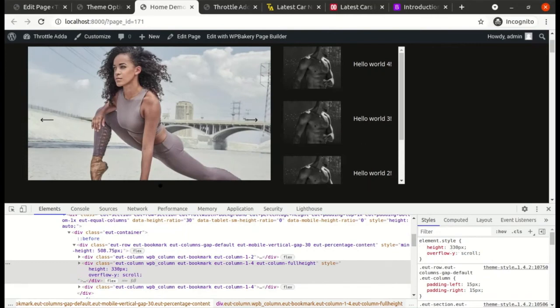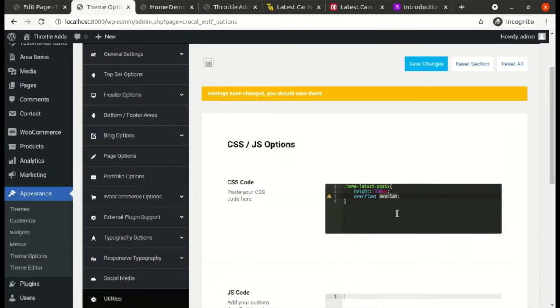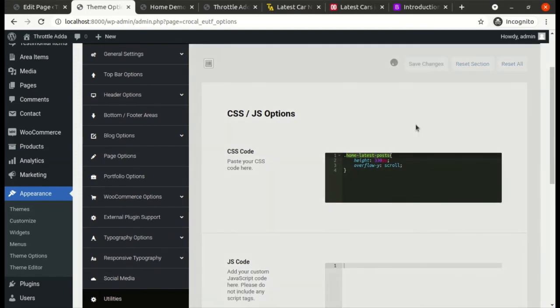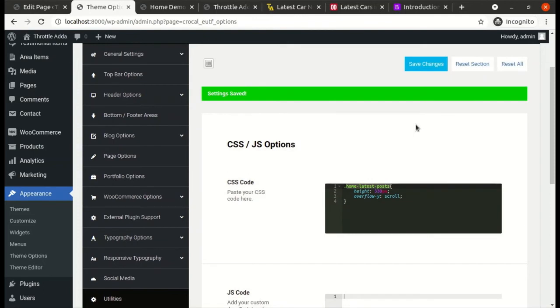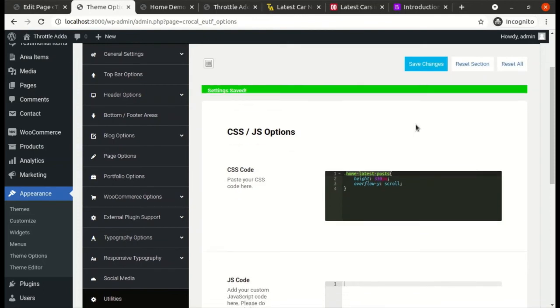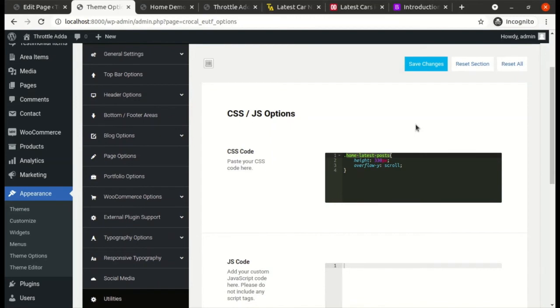All right, so we will add this option, overflow dash y is equal to scroll. Okay, now this CSS we have written, and this class we will be using in the WP Bakery container. I will show you how. Before navigating from here, we have to save the changes first. Now this class is available in the entire theme, basically in WordPress.